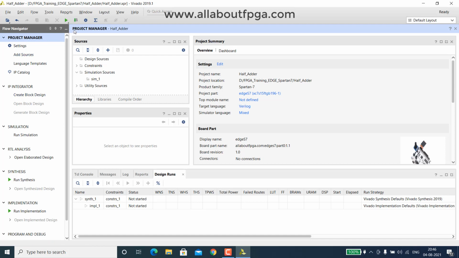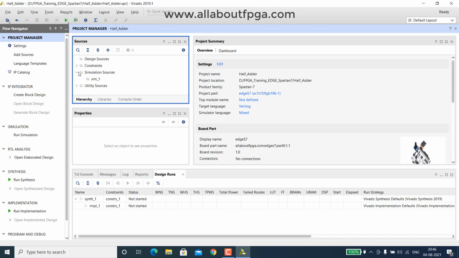Then we have the Project Manager, which consists of the Sources tab. In this Sources tab, whatever sources are available, like VHDL or Verilog files, can be seen in this window. Constraints, like the XDC file, that is the pin detail file, are available under Constraints.